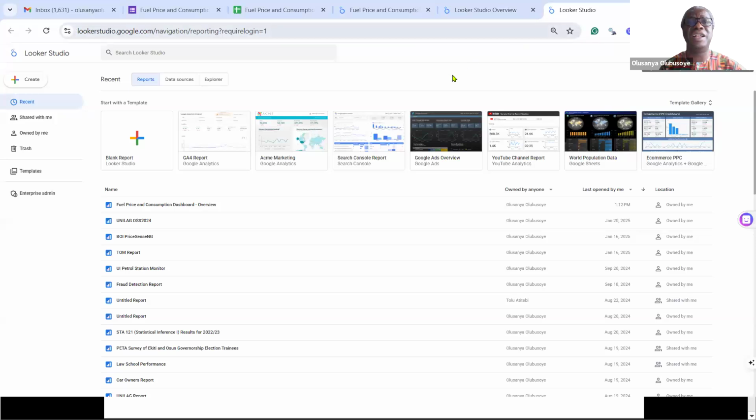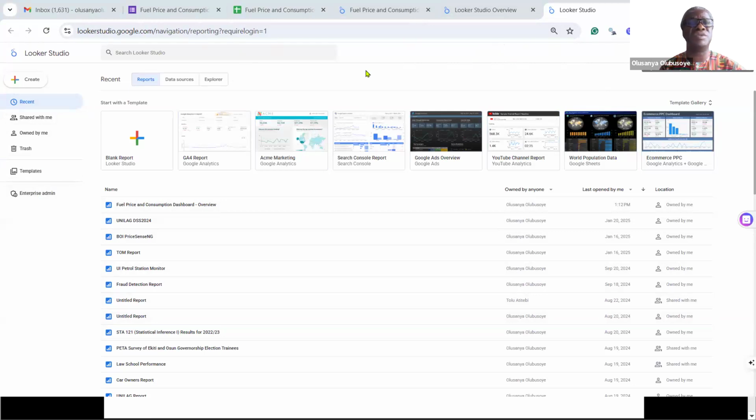If you are there, then you might need to sign in before you can have access to this interface. Whatever you need to do, you will be guided until you are able to view this page.